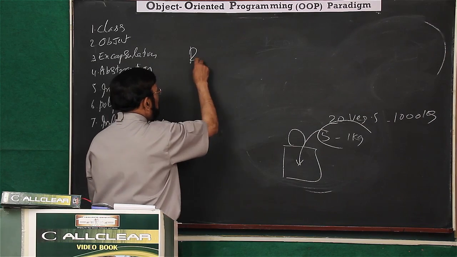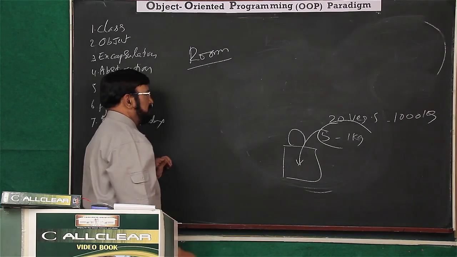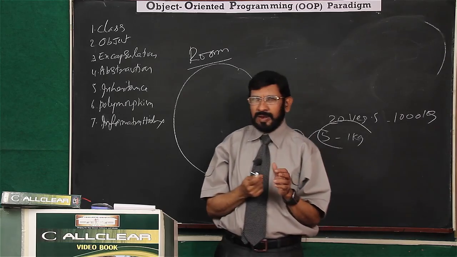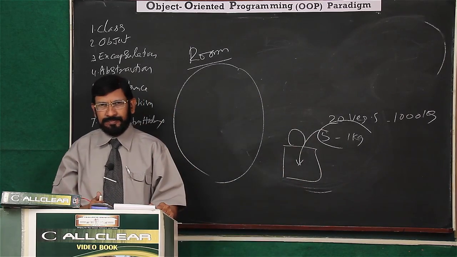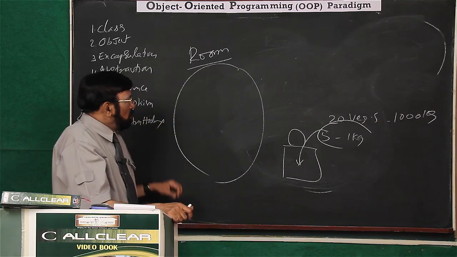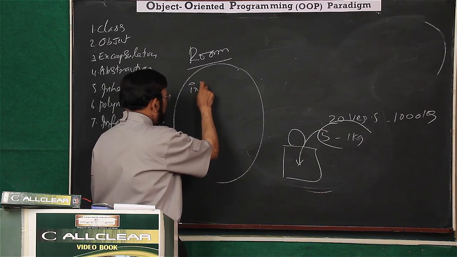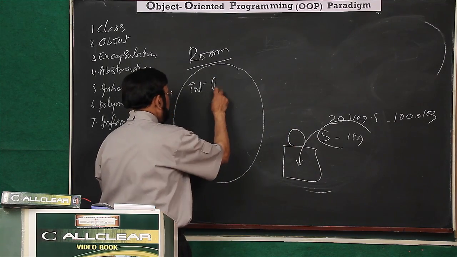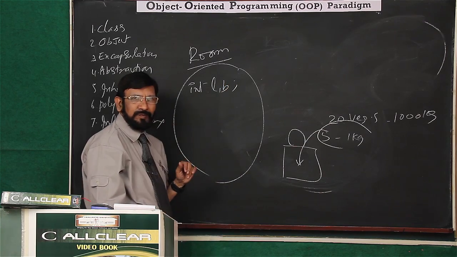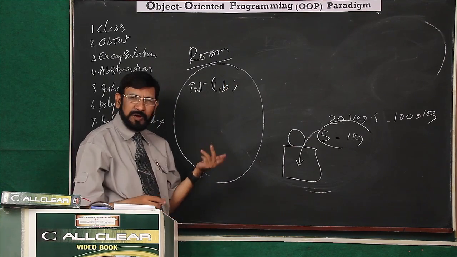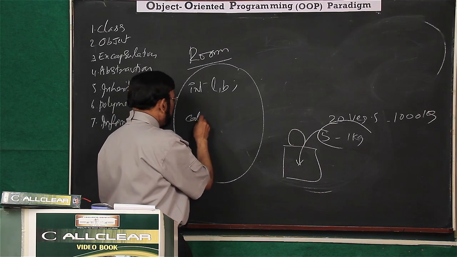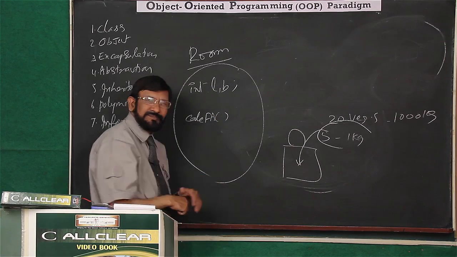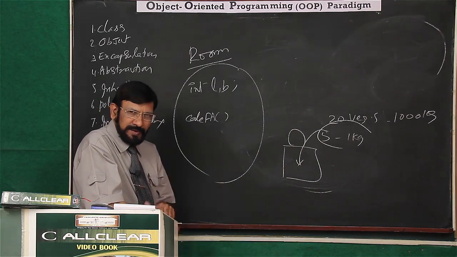Now, the same room class we take. Room class you build for several clients. One of your clients is a floor maker. For him, which data do you take? He always deals with the floor. He does not have any concern with the walls and all that. So, for him, you take L and B only. Now, which function? Several functions you can write, but you write only one function. What is that? Calculate floor area function only you write. Understand? Because it deals with the floor area.